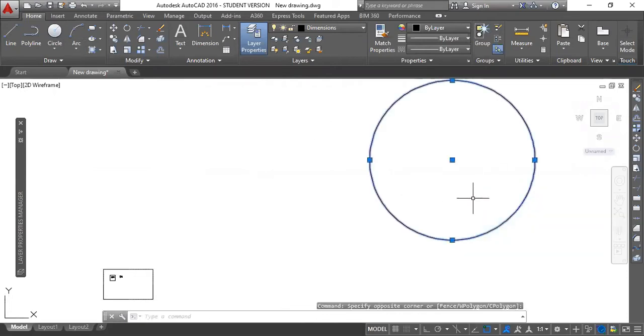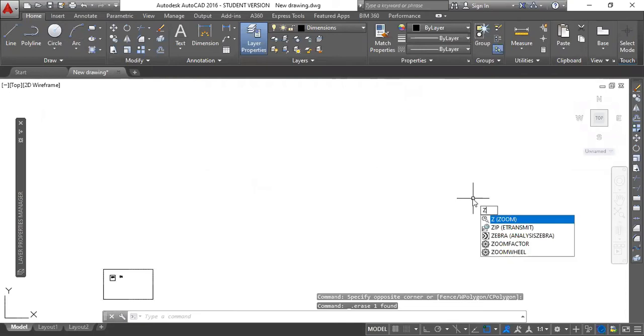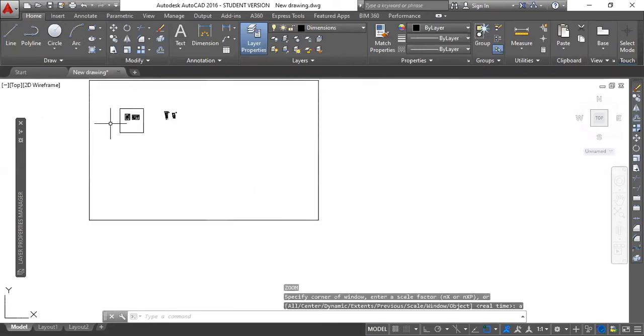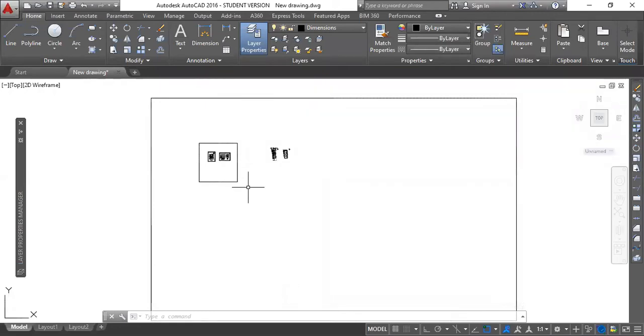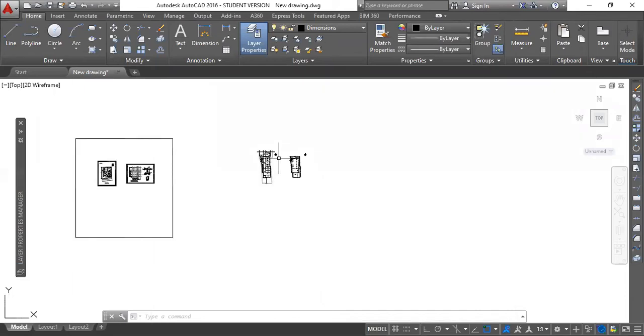So it will zoom out to this as well. And if this particular circle is not here, then if I enter Z enter A enter, basically it will zoom out to this portion. So it will show you all the elements, or all the nodes, points, whatever you have put into the sheet, in one screen. That is the function of zoom to all, basically Z enter and A enter.